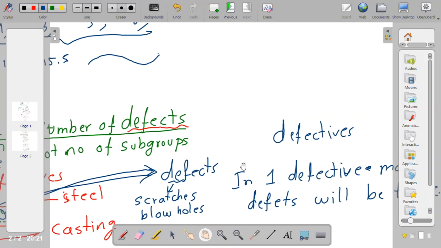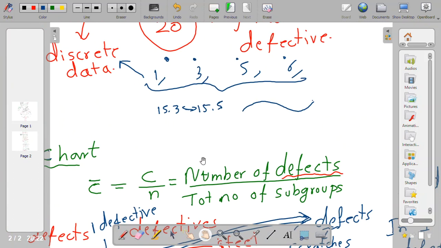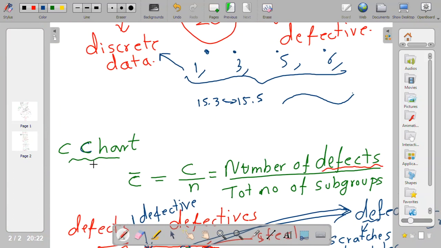Okay, so that is the difference between defects and defective. So when to choose this C chart